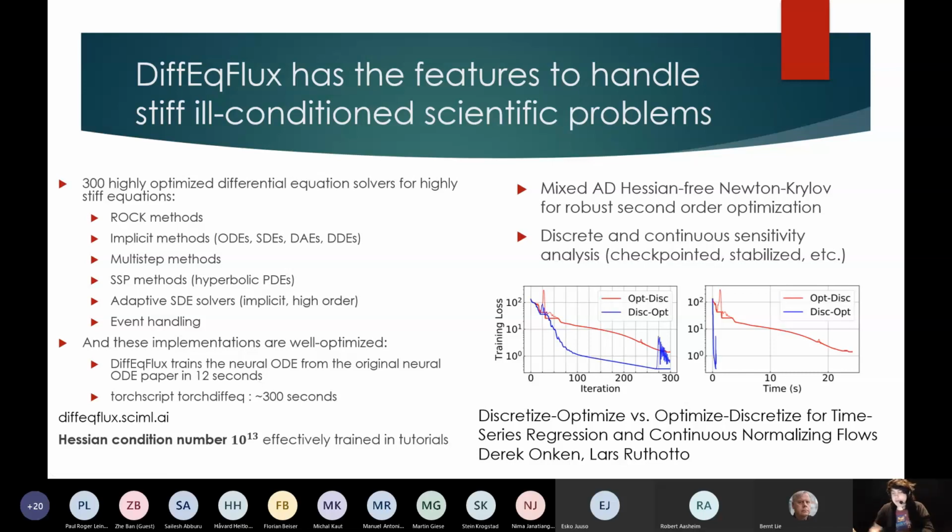on their example problem, the problem that they optimize in their benchmarks, we were able to solve this in 12 seconds while their library is training in 300 seconds, right? So it's orders of magnitude faster while being able to handle all these features like stiffness and partial differential equations and everything. And so this has actually become the go-to library that people are looking at when they're doing research in the training of neural differential equations in this whole field, right?